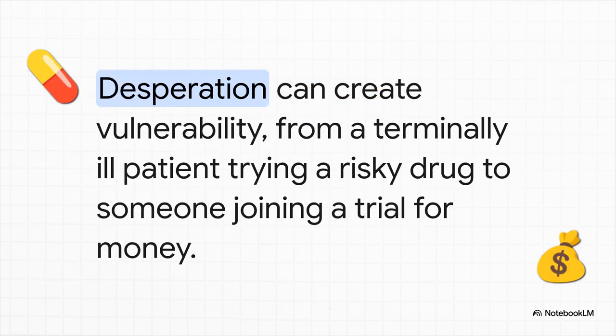All right, let's wrap up our list with 2 types that are often driven by desperation. First is medical vulnerability. This is when a patient is so sick with so few options that they become willing to try a really risky experimental treatment. And then you have allocational vulnerability. This is when someone lacks basic things like money, and they might join a clinical trial just to get the payment. In both cases, their tough circumstances are what make them vulnerable.